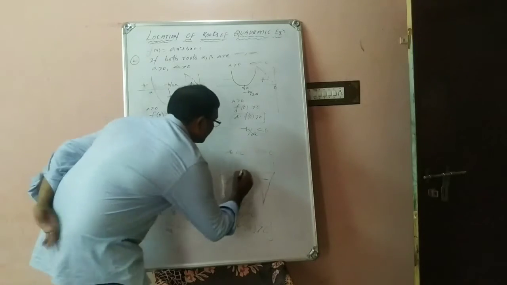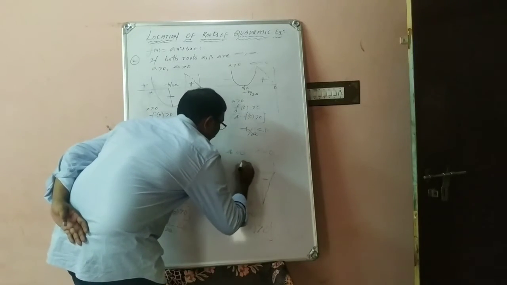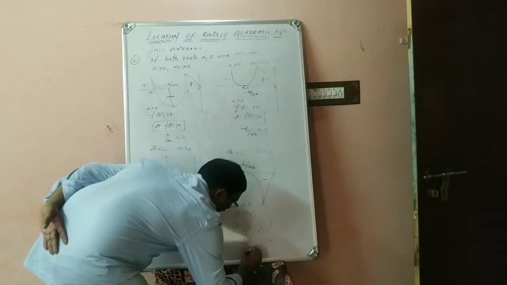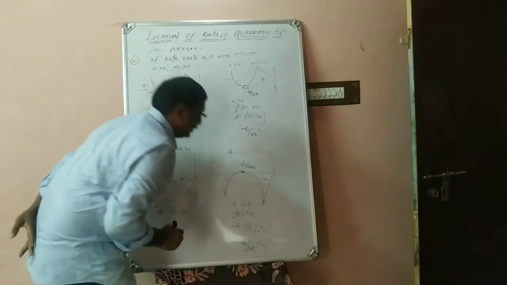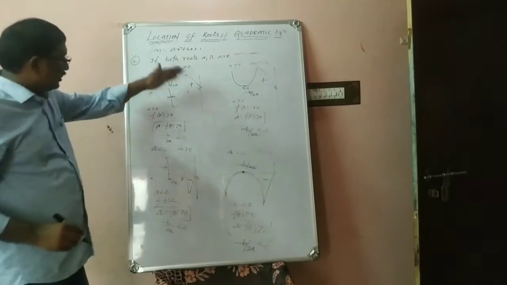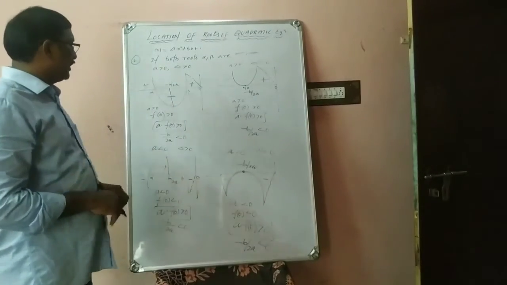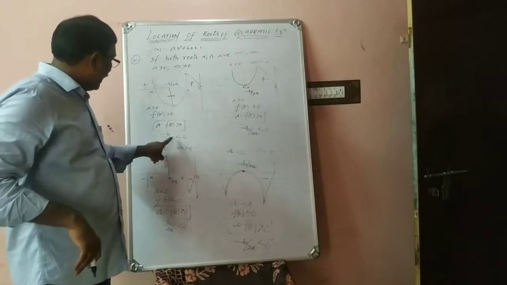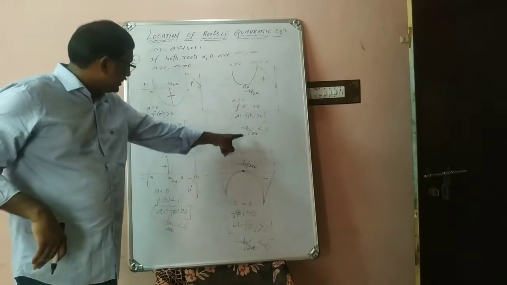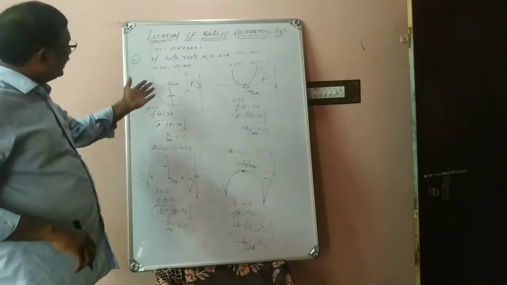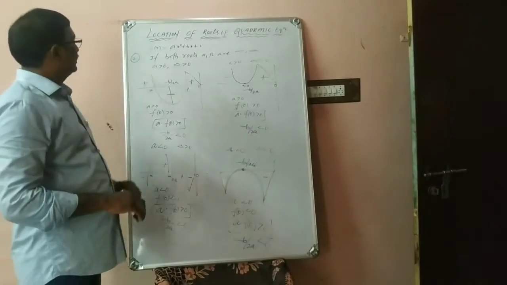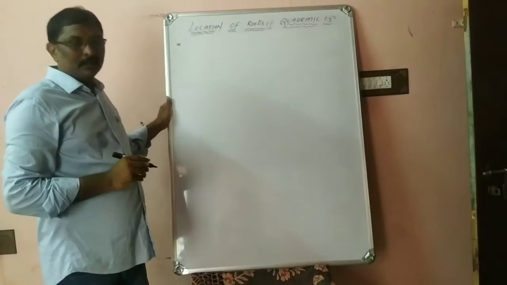And what about minus b by 2a? Minus b by 2a is also negative in this case. So by looking at all these four cases, what can we conclude? That A into f of 0 is positive and minus b by 2a in all the cases is less than 0. So delta is greater than or equal to 0 in this and in this also. This is about both the roots being negative.